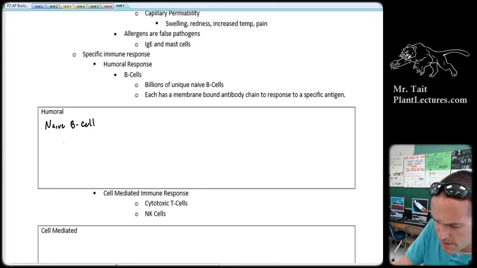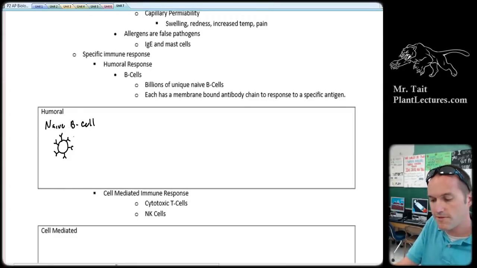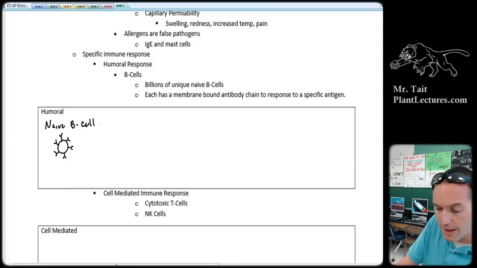So those naive B cells, like I said, they look something like this, where they're lined with these antibodies. And these antibodies can interface with various antigens, right? And once they find them, remember you have a very small amount of these naive B cells, but once they find them, they will latch onto them and they will activate, right? They become plasma cells,